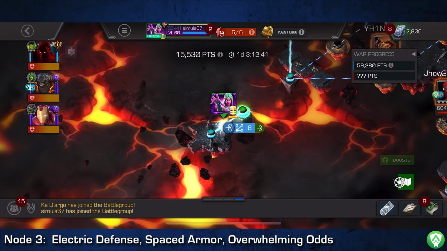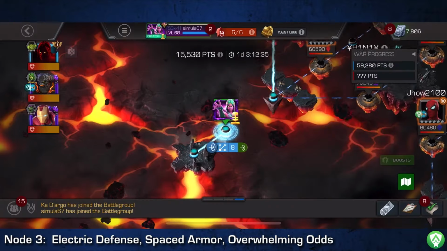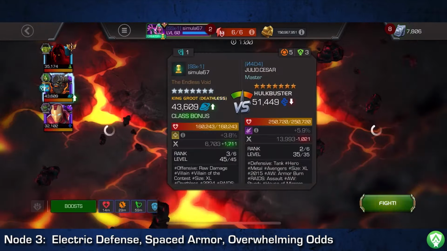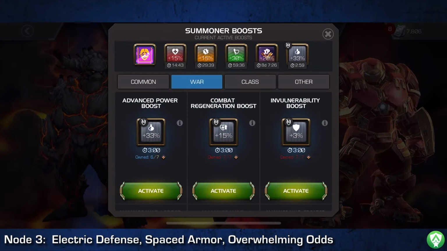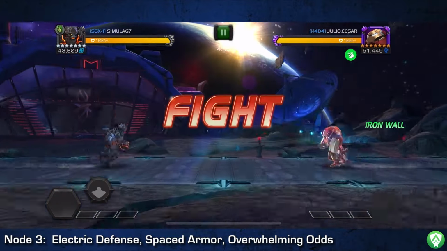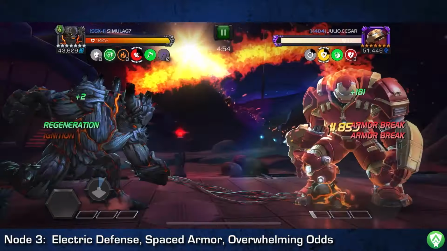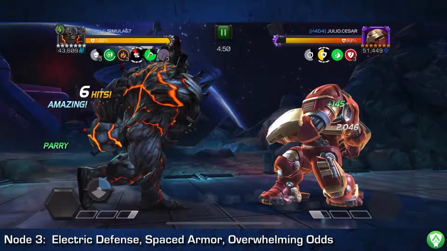We're going to start off today on path number 3. We have a HULKBUSTER here on node 3 with spaced armor and electric defense. So we're going to take a similar approach here that we did with iDoom in the previous war. That is, we're going to use an advanced power boost here and just start off the fight with a special one. And unlike with the iDoom fight, this isn't going to turn off the armor ups for the rest of the fight, but it is going to enable us to immediately get our Scythe passive up in just that special